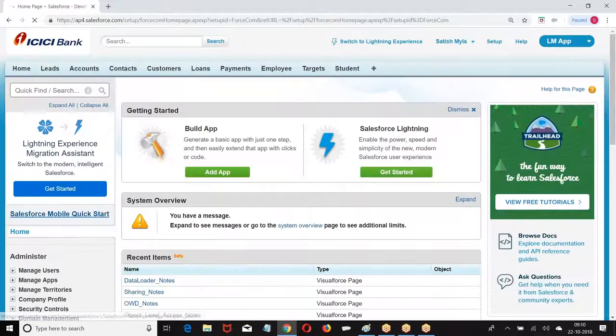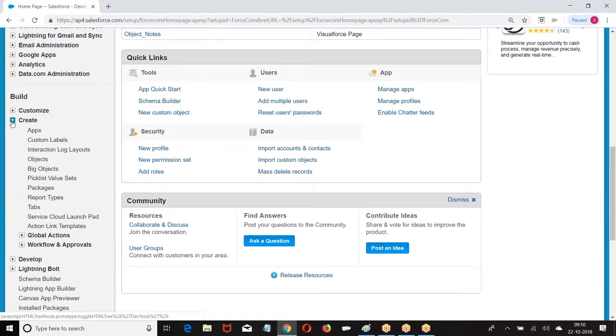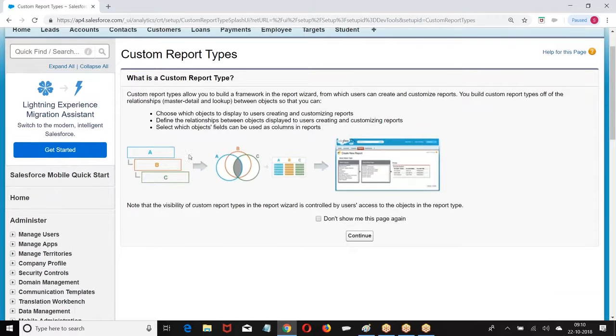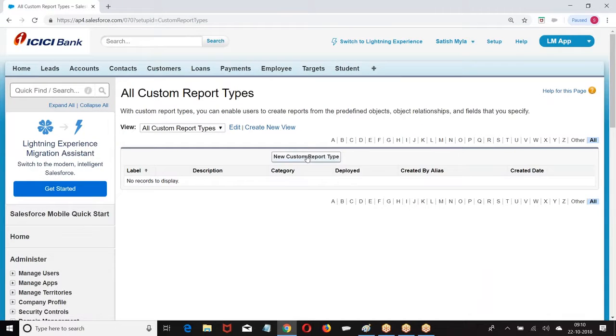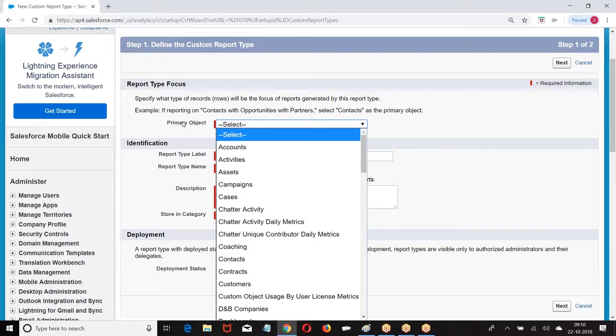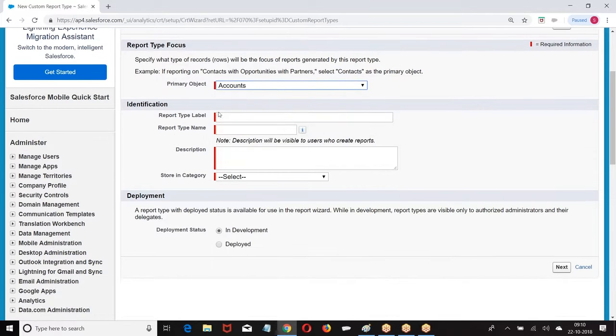Setup, build, create, then we have report types, new custom report type. Select the primary object. Now I say account object.